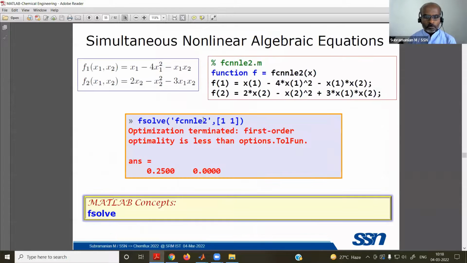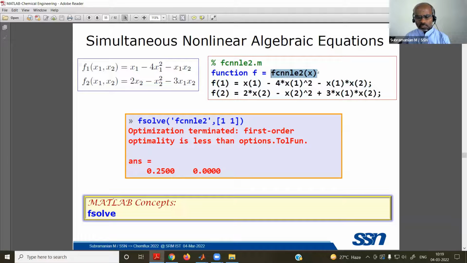Okay, you try that. Now this is about multiple nonlinear equations. Multiple nonlinear equations are also simple. You write the equation in such a way that f of capital X, the vector of X, f of X equal to 0. Say we have X1, X2, so X of 1, X of 2, and they are available in two functions, f of 1 and f of 2, written in such a way that f of 1 and f of 2 are equal to 0.